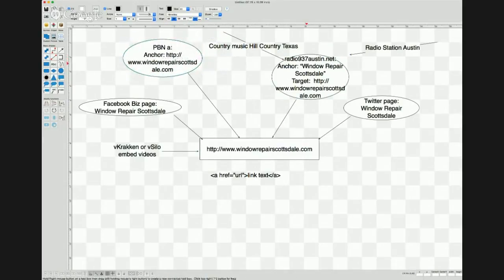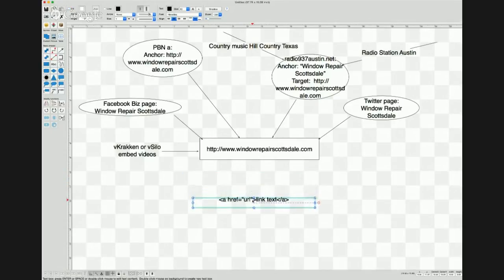Most of the time, most people's PBNs are pretty random. They have very little to do with the actual money site they're trying to rank for. But when and if you do find sites that are related to the things you're trying to rank for, most of the time you're going to be good to pick them up because they're going to help push a lot more appropriate link juice. Here, let me just go ahead and name this.